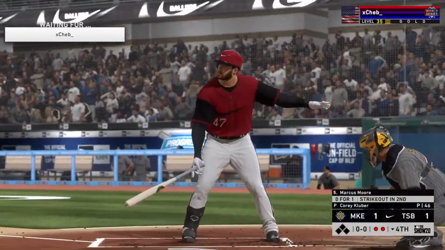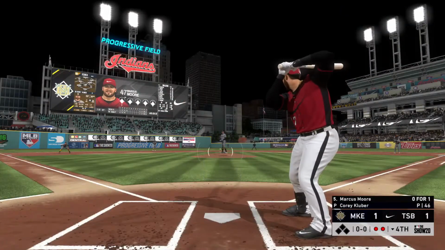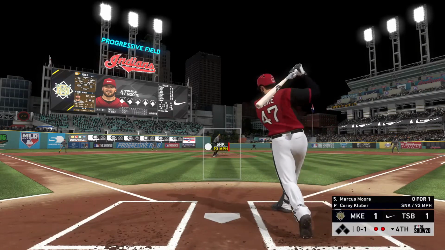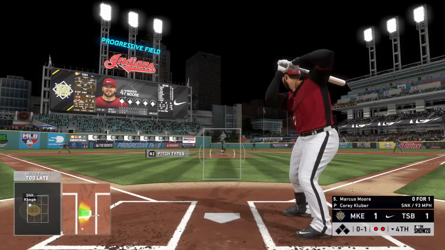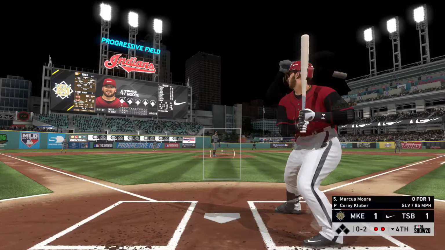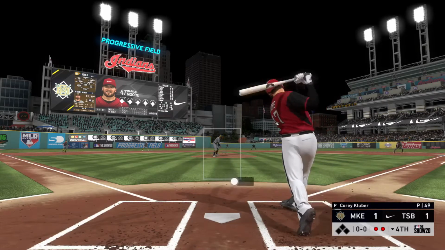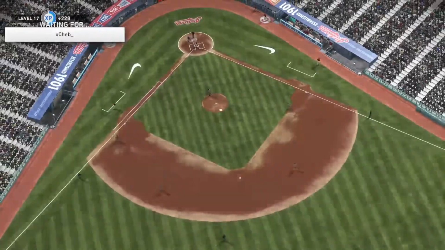Stepping up now, Marcus Moore. He got called out on strikes his last time through. Yeah, in today's game, certainly don't get completely reprimanded for too many strikeouts, but no one likes to go down looking. Expect him to be a little bit more aggressive at the dish this AB. Tried to pull that one back, but he couldn't do it, and it's 0-2 now. And he struck him out, his 7th of the...